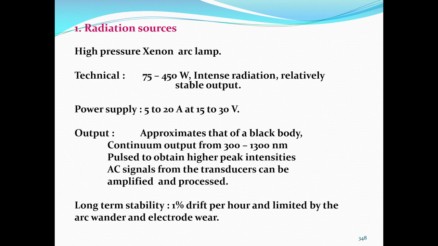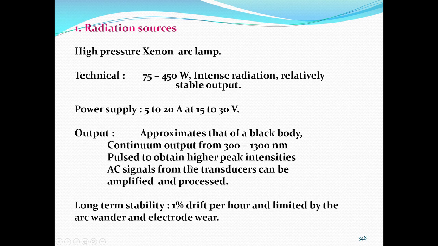This output approximates that of a black body and gives continuum output from 300 to 1300 nanometers. That means, using a xenon arc lamp you can have an excitation wavelength from 300 to 1300 nanometers and emission